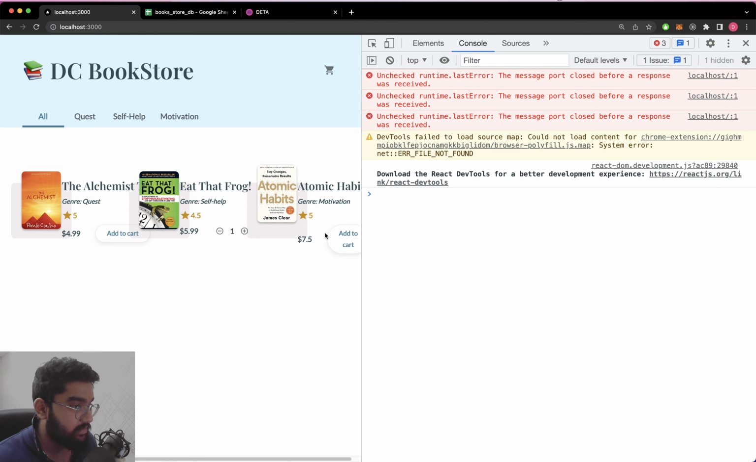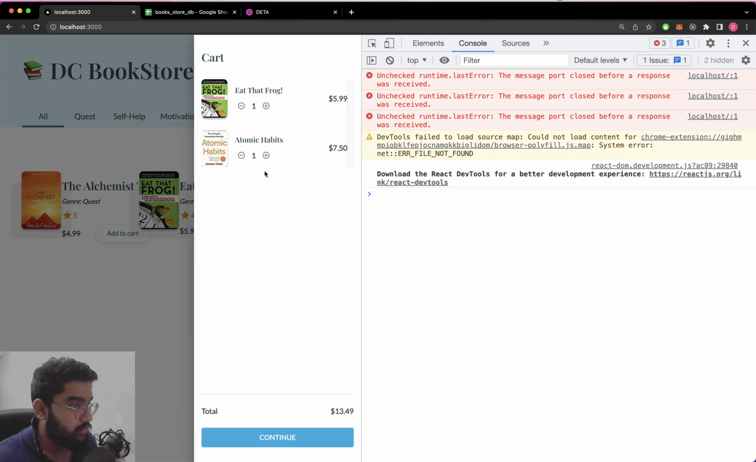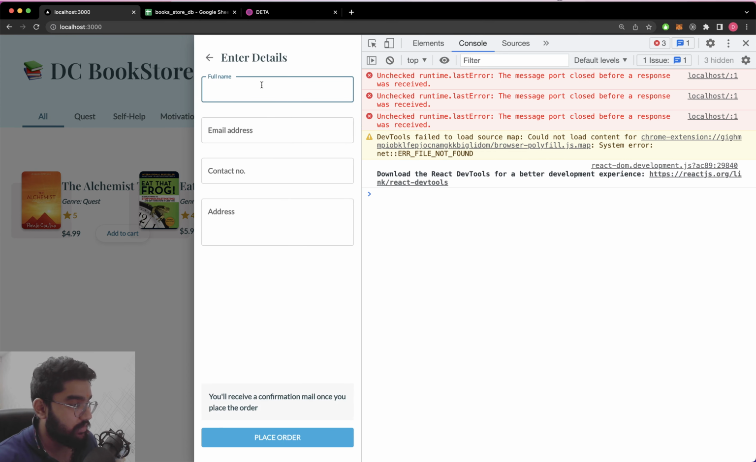So let's add something to the cart, boom, and let's continue. Then we just need to add some details. Let's put it as something. We will be checking this thing, don't worry about it. We're going to check whether the email is valid, but before that, let's just check the rest of the things and address to be of something. So now if we click on place order,